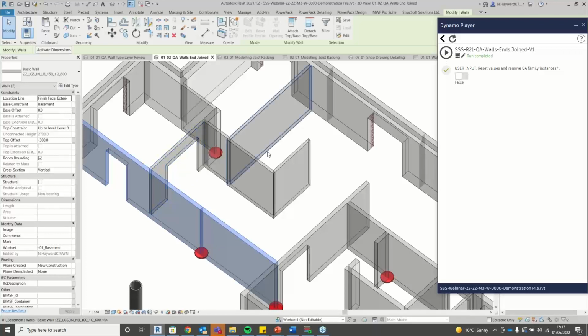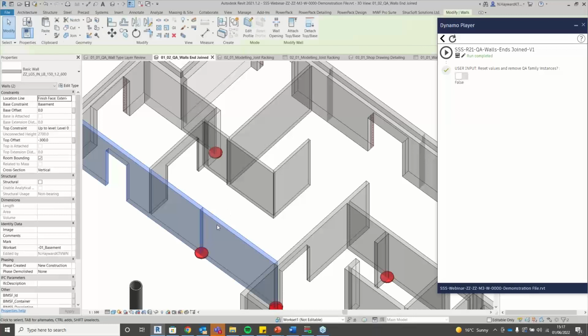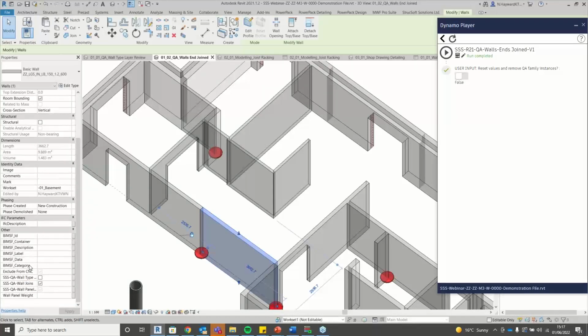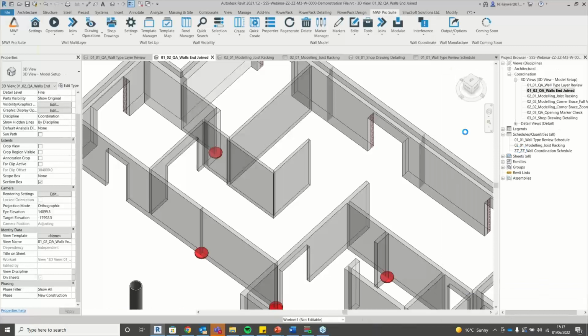Additionally, albeit less noticeably, the script has also populated an instance parameter on each of the walls which have been flagged, which we should be able to see on one of these wall types that Natalie has selected in the properties. At the base there, we've got a simple yes/no parameter to serve as a way of tracking these instances. And this, combined with the schedule, ensures that the user has complete transparency on what the script has found within the project,